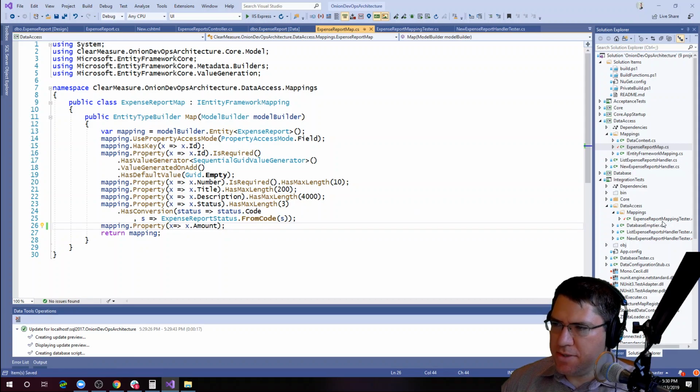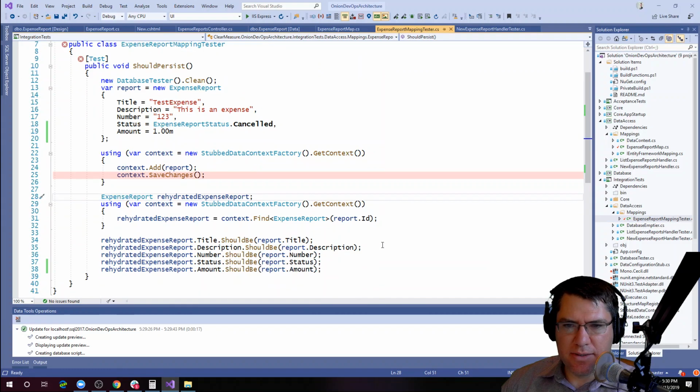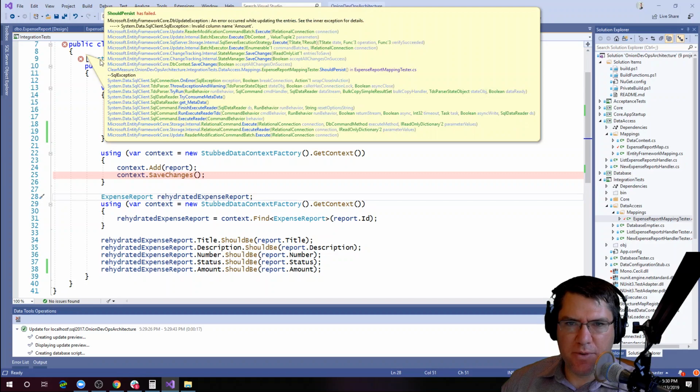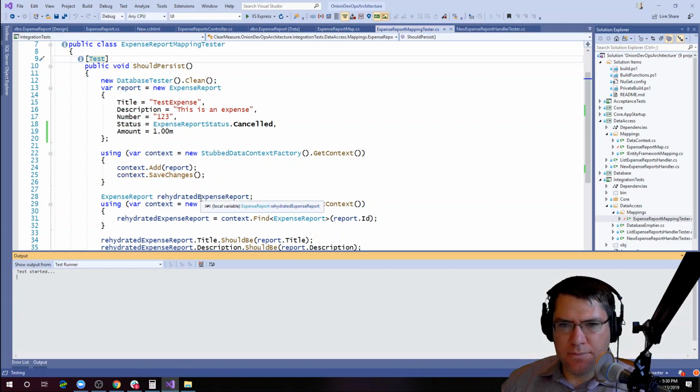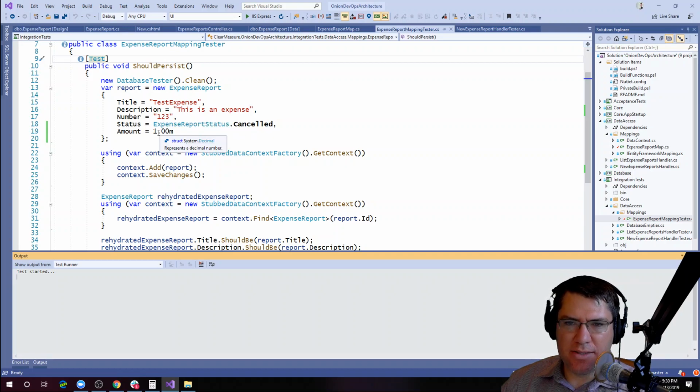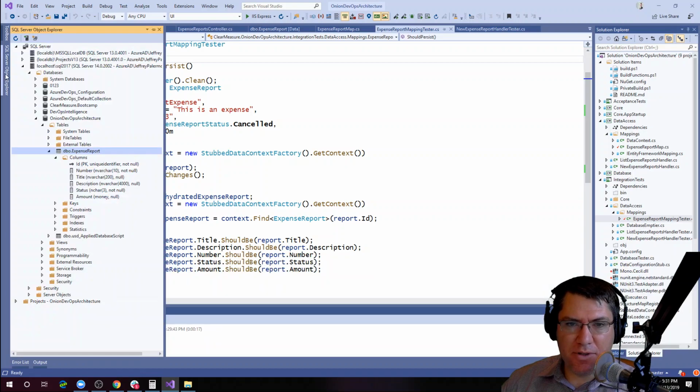So we're going to come back to the test class, and let's go ahead and run this test again. You can see it failed before. So let's go ahead and run it. And as it's running, it's actually inserting a record into the database called test expense. This is an expense. The number is 123. It's canceled status, and the amount is going to be $1. And after this runs, which you can see it did in fact pass,